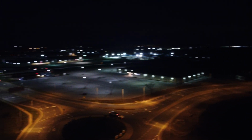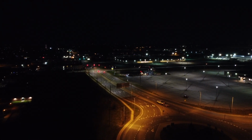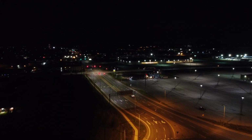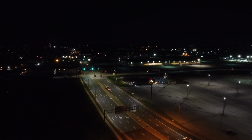So not exactly the brightest, but there's enough going on here that it really picks up the traffic patterns well. Whenever there's lighting below, it really does a good job. In fact, if you look close enough, you can see the Main Street lift bridge,